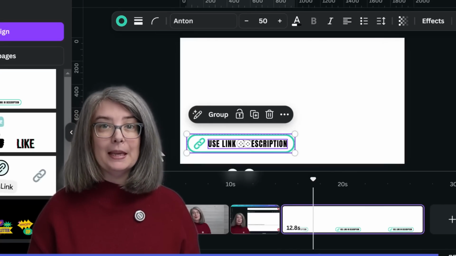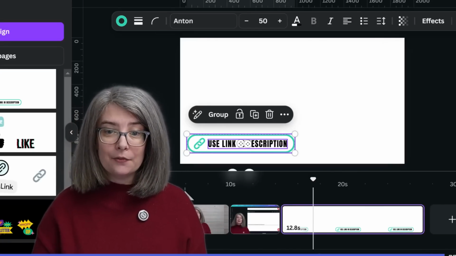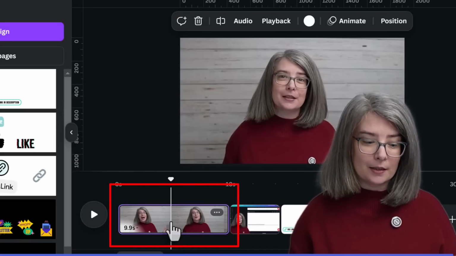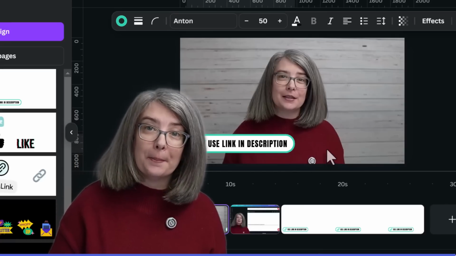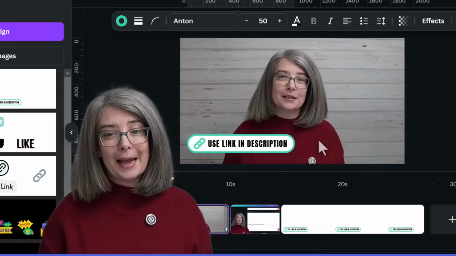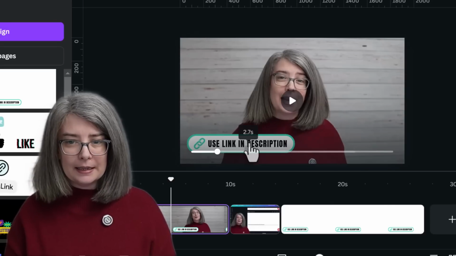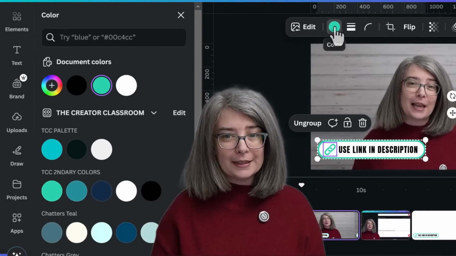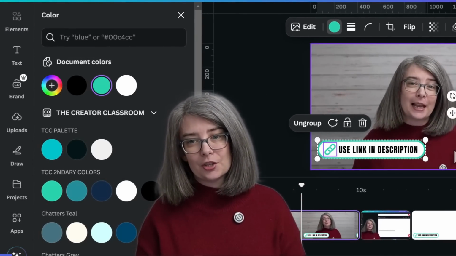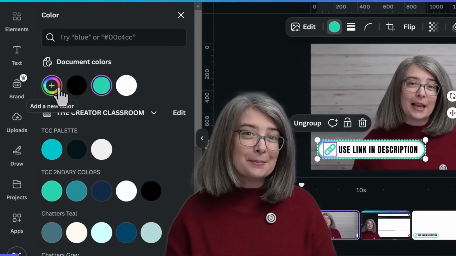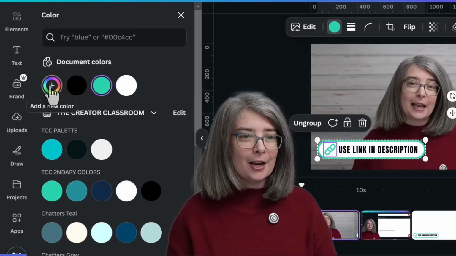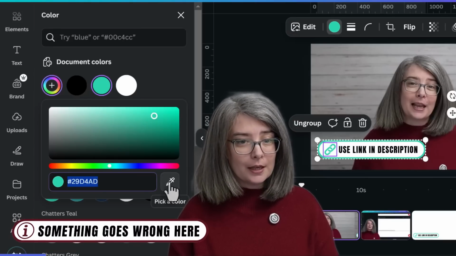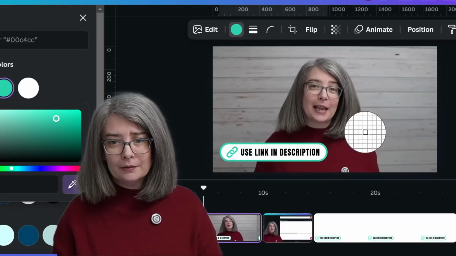I'm going to copy it, Control C, Command C if you're on a Mac. I'm going to go right here and paste it, Control V or Command V if you're on a Mac. There's a few things that I need to decide. Color. I think that I don't want that green because there's so much red here. Because I'm in Chrome, there's an eyedropper tool. So I'm going to click the plus button on the colors, click the eyedropper, and